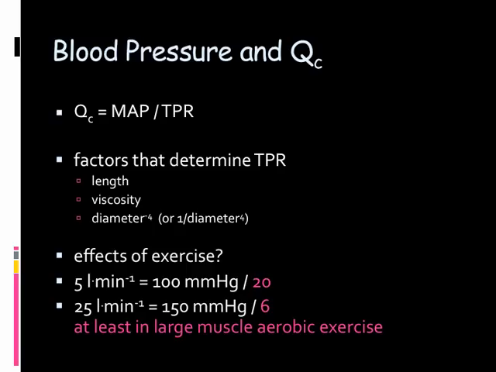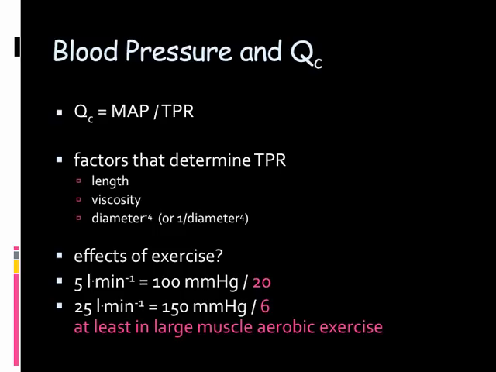What's the third factor that affects total peripheral resistance? Diameter, and notice that it says diameter raised to the -4. Another way of saying that is 1 over diameter to the 4th. Now what that tells you is a small change in diameter has a large effect